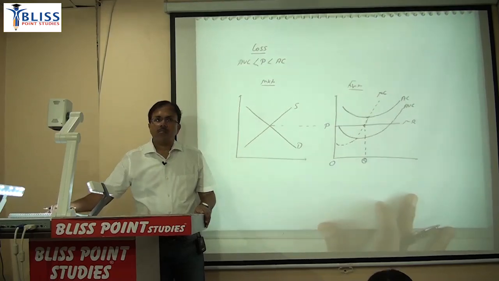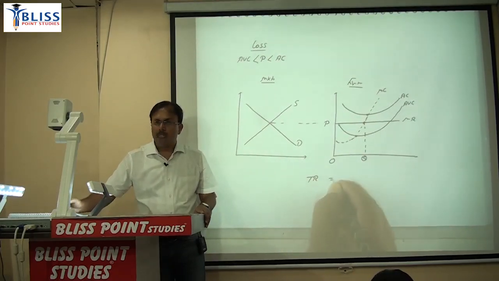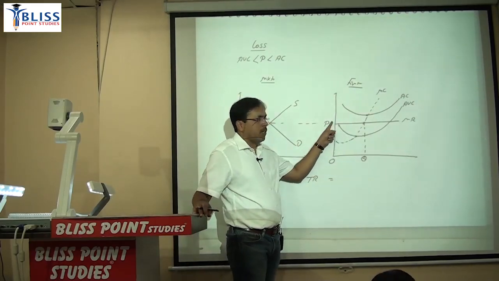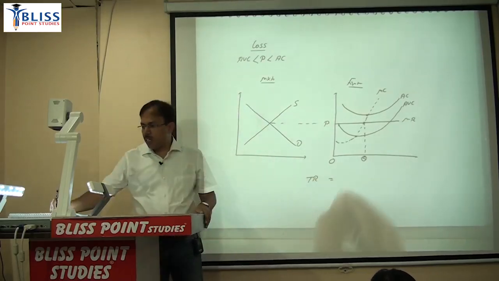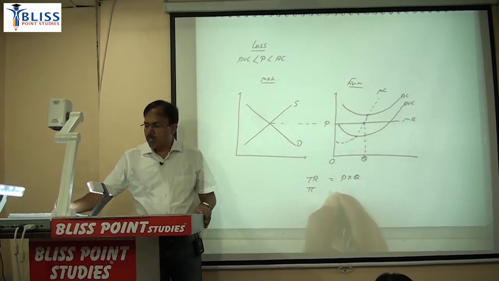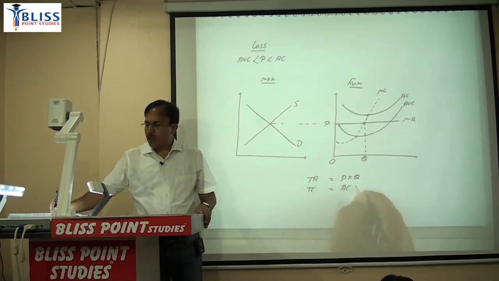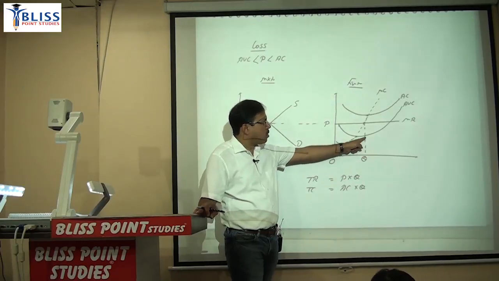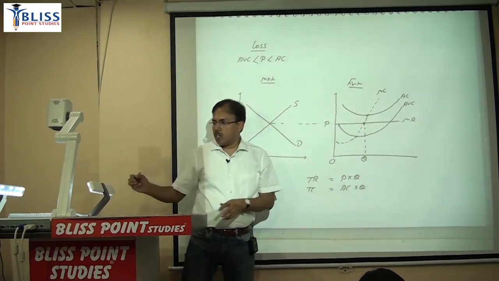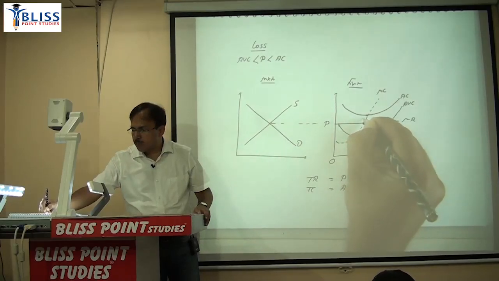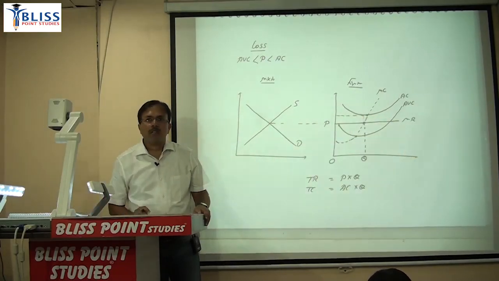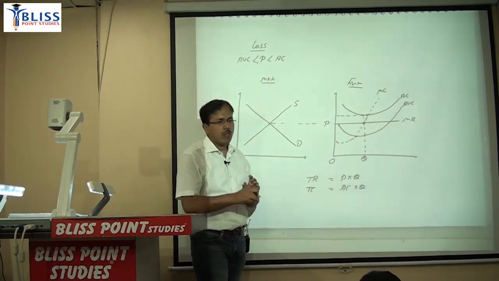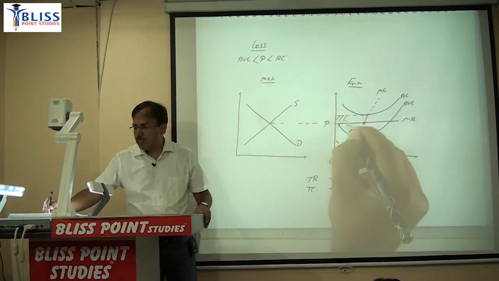ठीक है, रेवेन्यू का एरिया दिख रहा है. Which area is of revenue? Revenue is P into Q. So this is price and this is quantity. This area is the revenue area. But which area is total cost area? It will be average cost multiplied by quantity. So quantity तो ये common रहेगा. For this quantity average cost is above. So since average cost is above, just extend this. So cost is more, revenue is less. So which area is of loss? This is your loss,